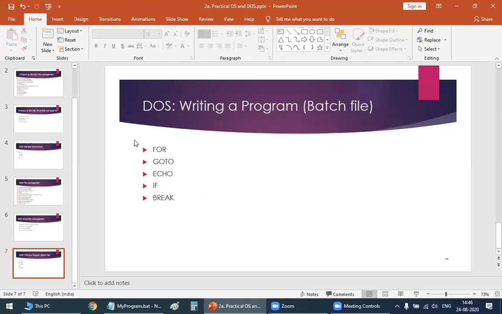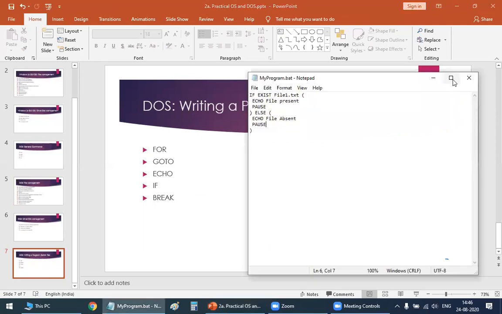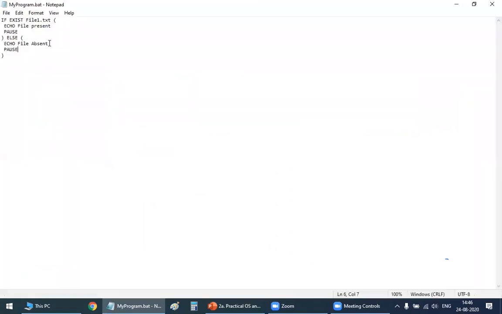I have also written one program for you. Let me show it to you. So this is the program which I have written. I have written if exist file1.txt. If this file is there in my directory, then echo that file is present.